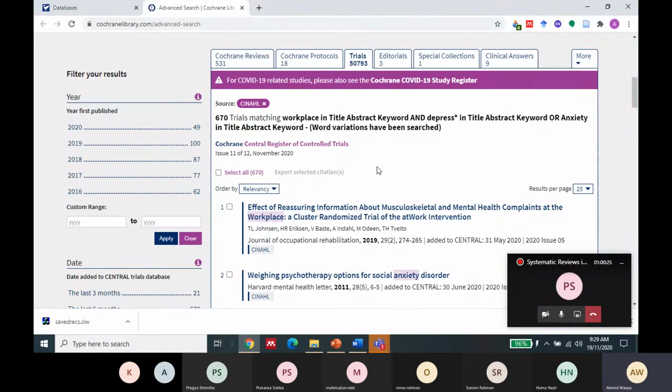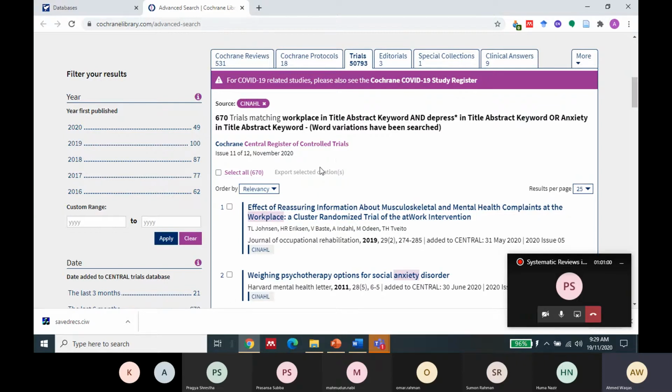So again, just by using Cochrane and Web of Science only, you get access to all of the major databases. Even if you search Cochrane only, and although we search in more than 10 databases for commissioned reviews, even for your PhD dissertation or your systematic review publications, you can just use these two databases and mention that through Cochrane we searched